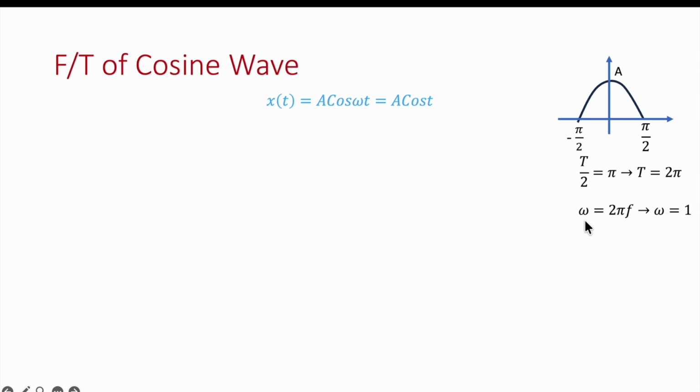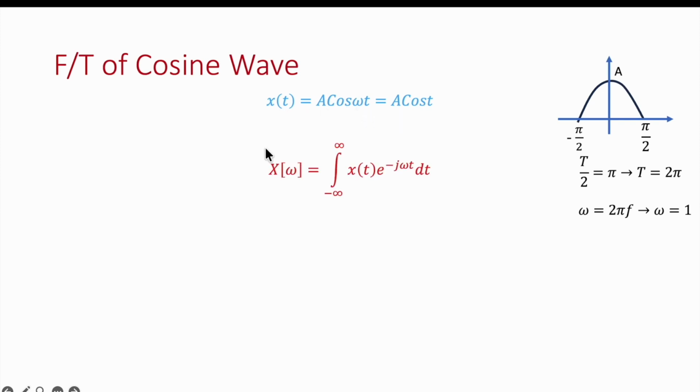Why? Because omega is equal to 2 pi f, and you can calculate the value of f, which is equal to 1 over T, and the value of T is 2 pi. So if you insert 1 over T in this equation, you can say that the value of omega is equal to 1. So you can insert 1 here, and then you can write the signal is equal to A cos